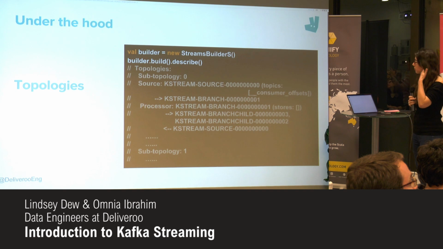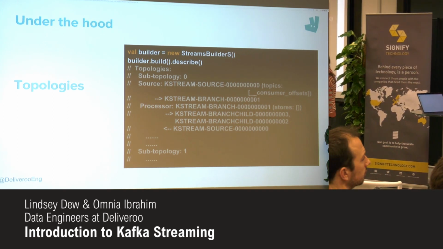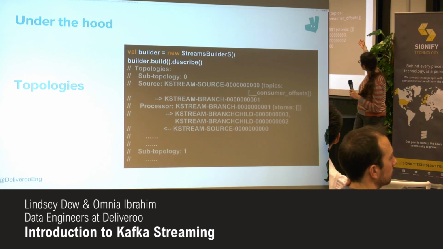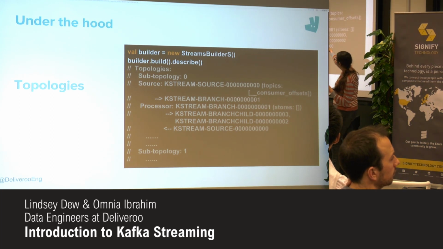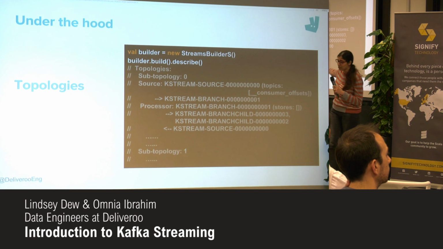And this will give you something ugly like this, which says that you have 2 topologies. The first one is reading from a topic called consumer offset. It does a branch, and then tries to have 2 branches. The branch gets children, and so on. It looks ugly, but